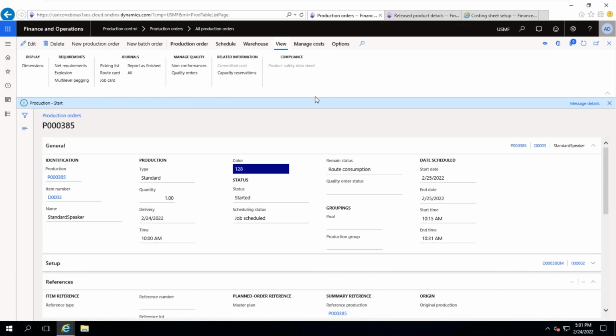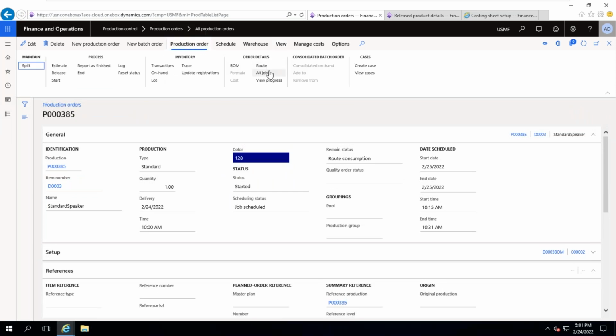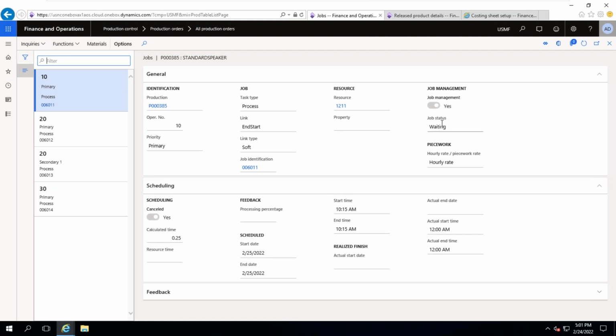Fine. Next one is the job cards. If you go to production order, all jobs, still it is in waiting status. So people need to complete their task. How they will complete their task means,